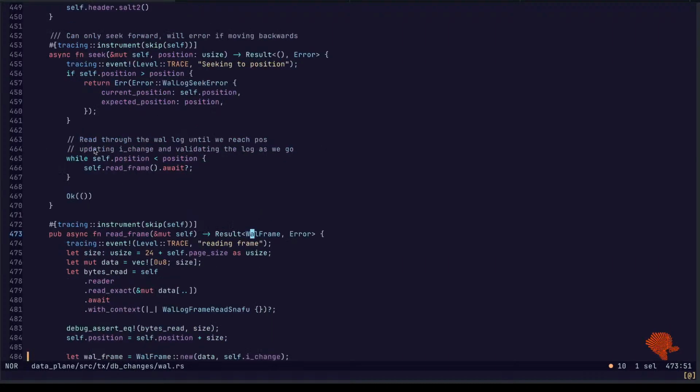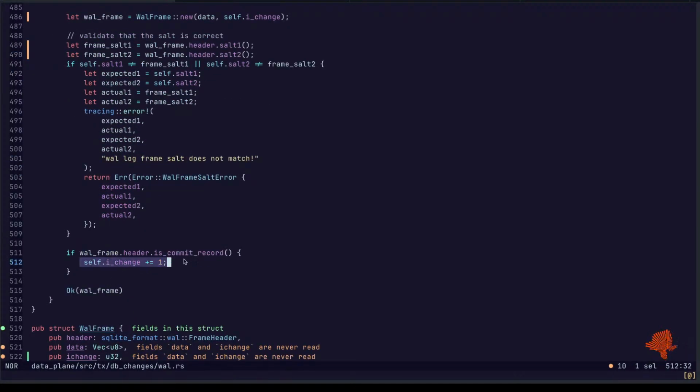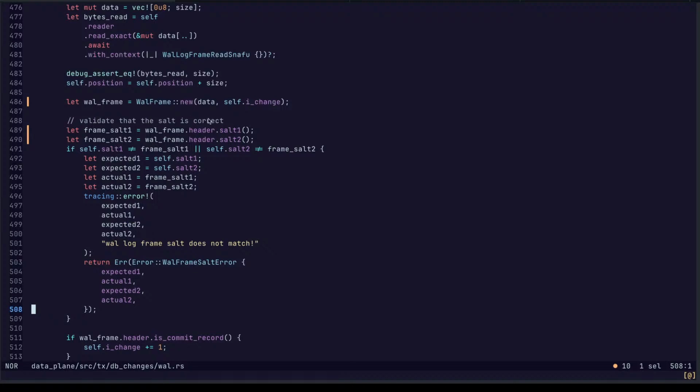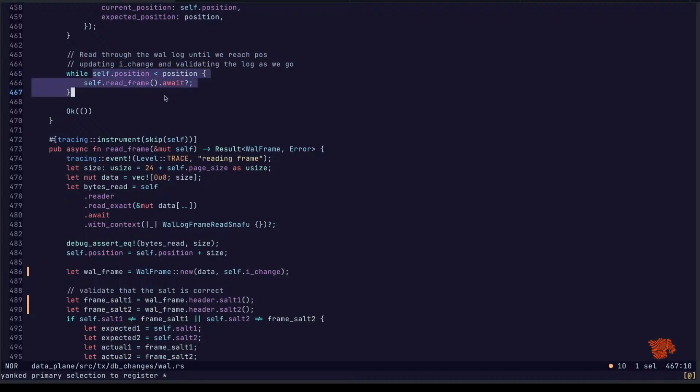In the other case, we just want to advance and update some internal bits here. Yeah, we want the validation. Do we care about the wall frame itself? Probably not. Do we have to read the data? No, I don't need the page. Not for this one.